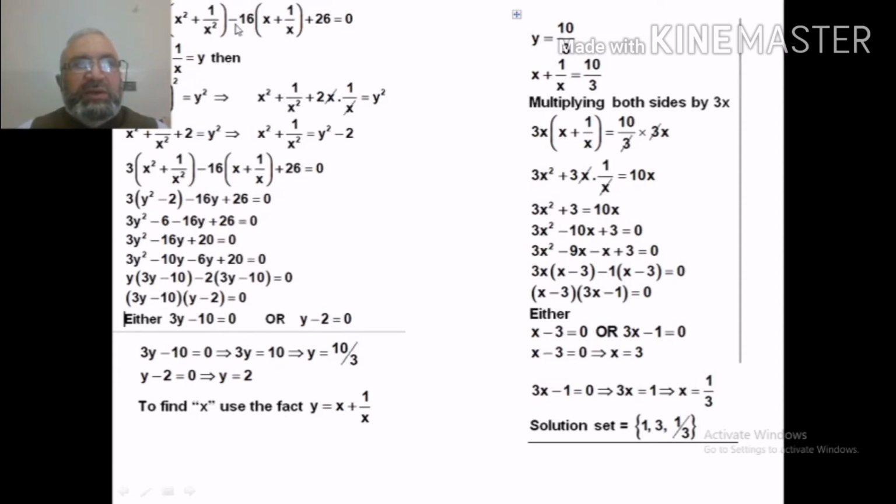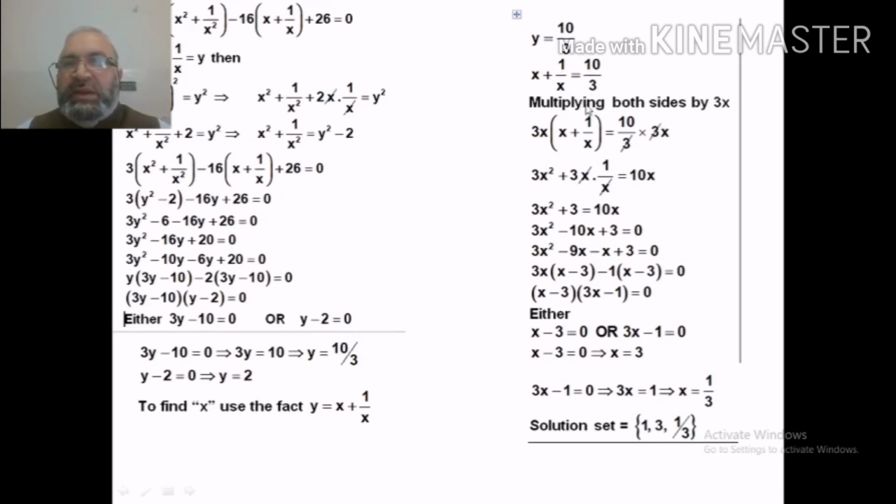So to get the value of x, the variable x, which is in the original equation given, by back substitution we use the fact y is equal to x plus 1 over x, which was our first substitution. Thus x plus 1 over x becomes 10 by 3, and x plus 1 over x in the next equation we take as 2. So for the first part, when x plus 1 over x is equal to 10 by 3,